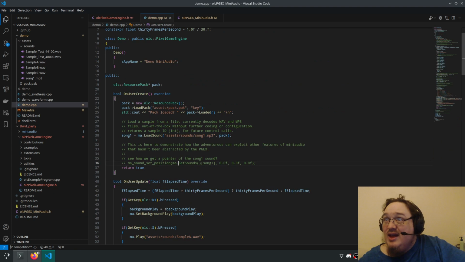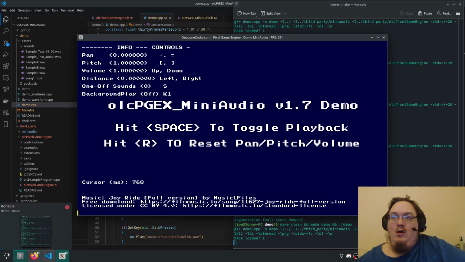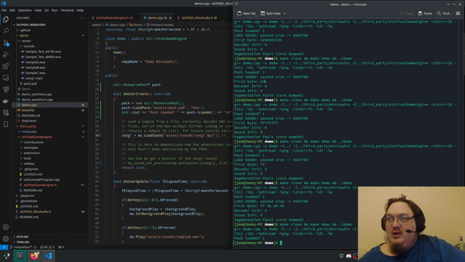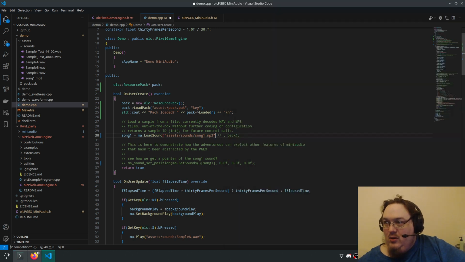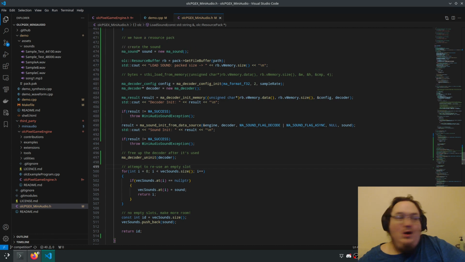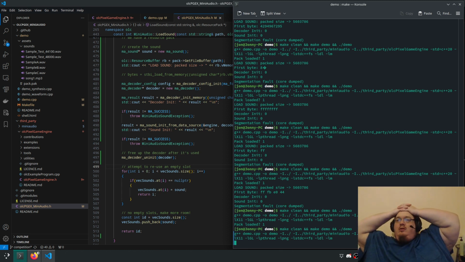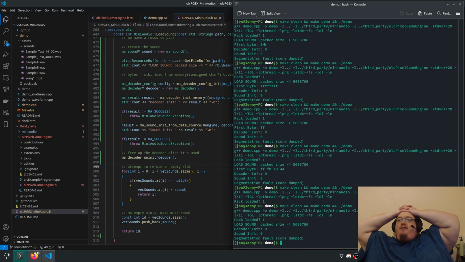Okay, well, let's make sure that it works properly without the resource pack. And work it does. All right, now let's try it with it now. Seg fault.